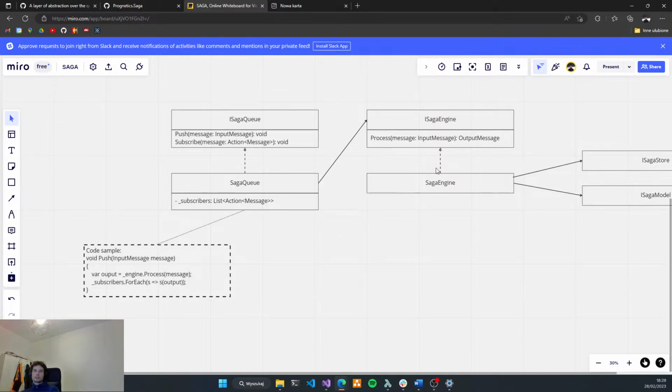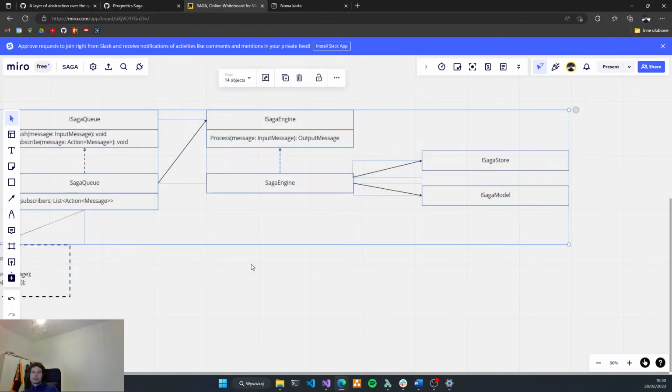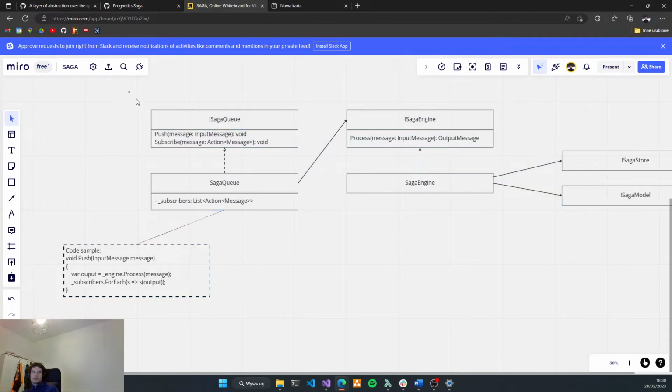So this will only track. But at this stage, in what part would the engine be? Would it be in this layer of abstraction, on the orchestrator side? Yes, it will be in orchestration, and this all is an orchestrator right now, but